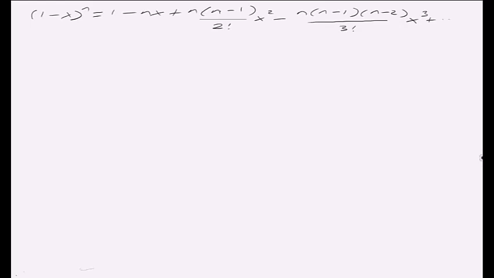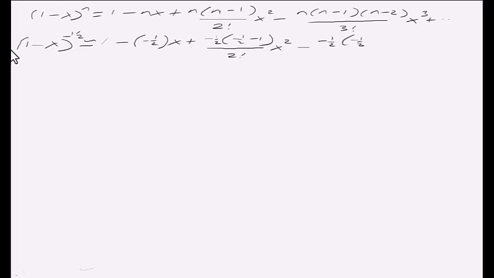So we then look at our expansion of terms, and remember the actual term we're expanding is 1 minus x to the minus a half, which is approximately equal to 1 minus a half of x plus minus a half times minus a half minus 1 divided by 2 factorial x squared minus minus a half times minus a half minus 1 times minus a half minus 2, all over 3 factorial x cubed,